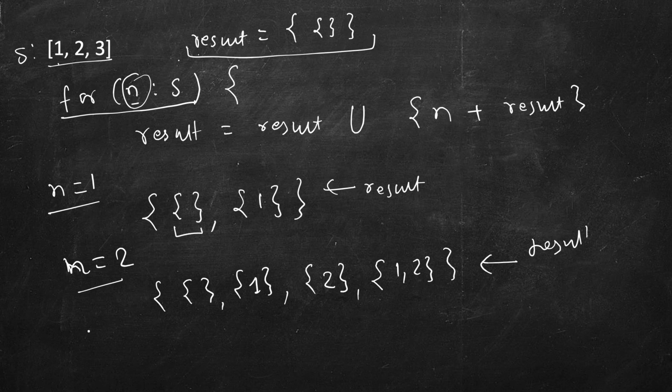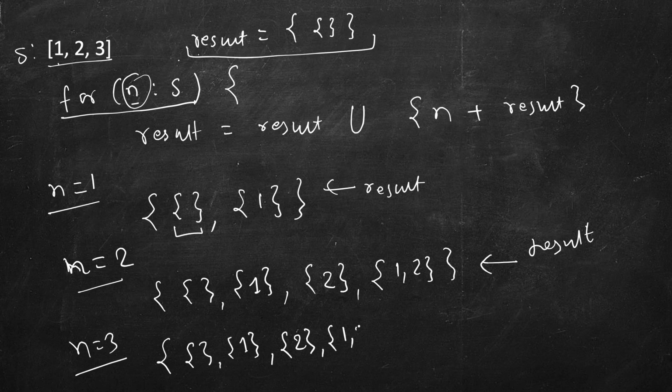Finally, the last number is 3, so n equal to 3, so keep it as it is. We will not be copying, we will be using a common result, we will be just appending to that. Here I am writing it again and again for keeping it clean. So this is the result. Now what is our job? To iterate from the first element till the last element of result, and before iterating, keep the size here, because you will be inserting to that result only, so its size will keep increasing. So take the size beforehand.